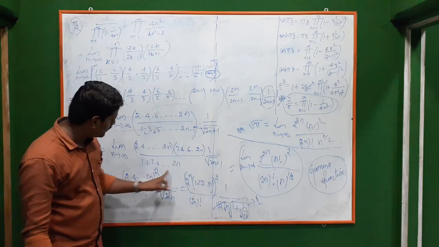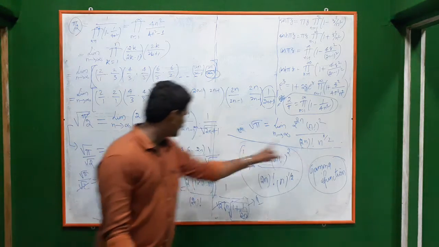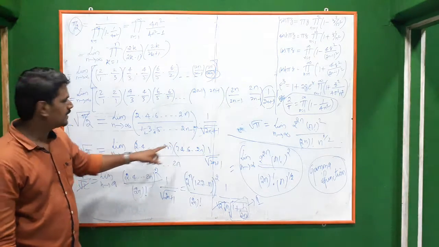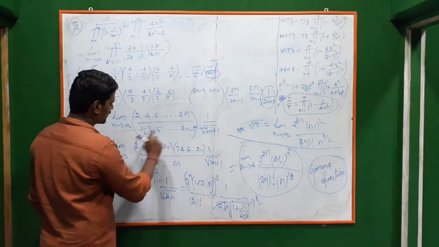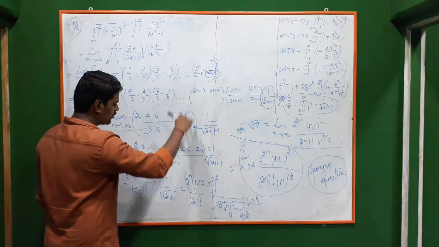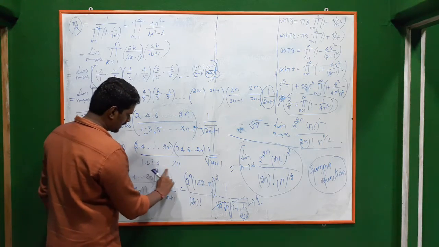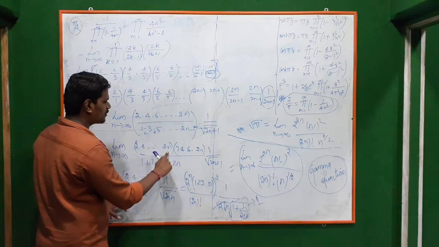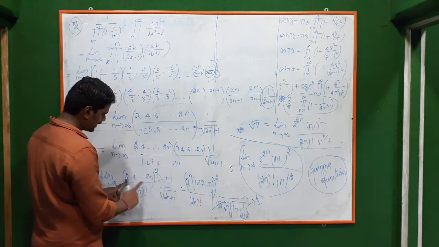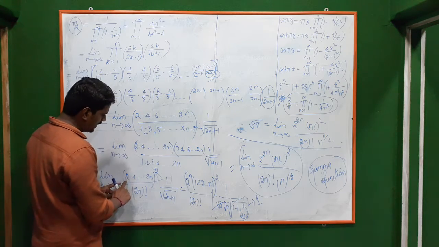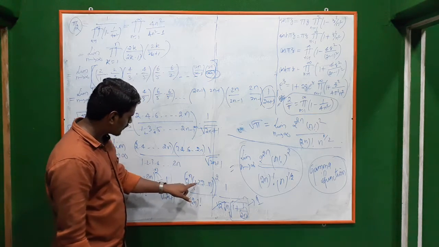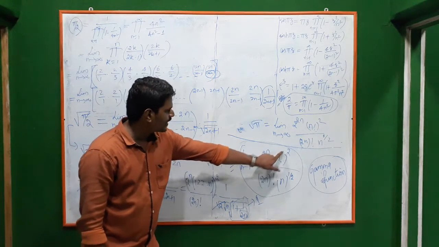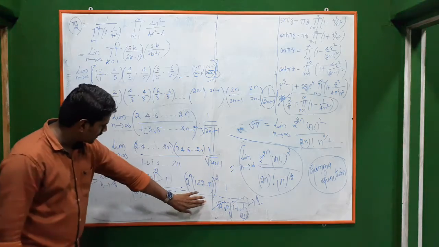I need denominator 2n factorial, but here only odd multiples are there till 2n minus 1. So you fill the gaps. Fill the gaps by multiplying the even numbers both in the numerator and denominator. So this will be 2n factorial now, and numerator will be having 2 into 4 and so on up to 2n the whole square. So in this, if you take 2 common outside, this will be 2 power n into n factorial the whole square. That means 2 power 2n n factorial the whole square divided by 2n factorial.